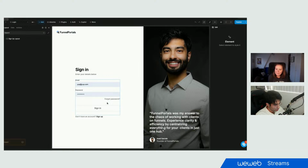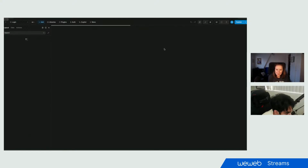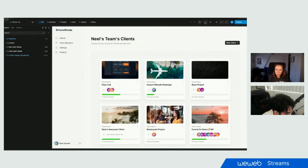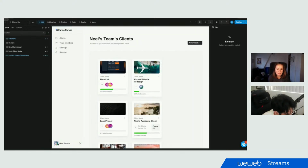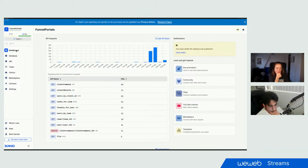Yeah. So what do you want to see in the editor here? Is there a formula or an API call, or what is it bound to for you? So the background is bound to, let me go to Xano first and look in the database. It has been a while. So database,